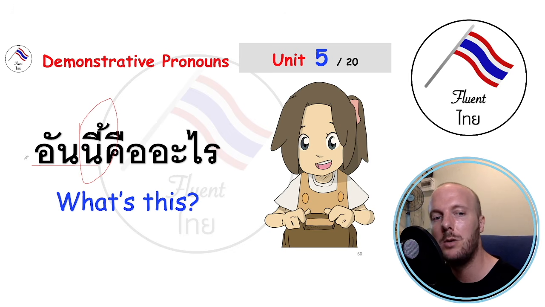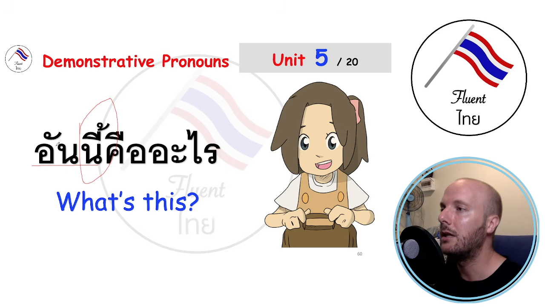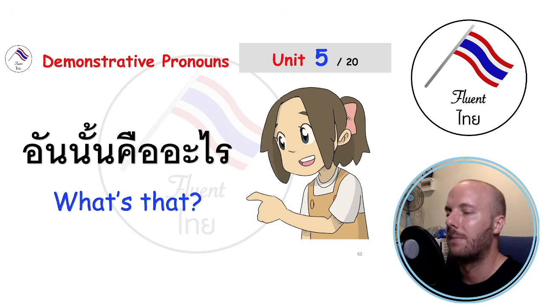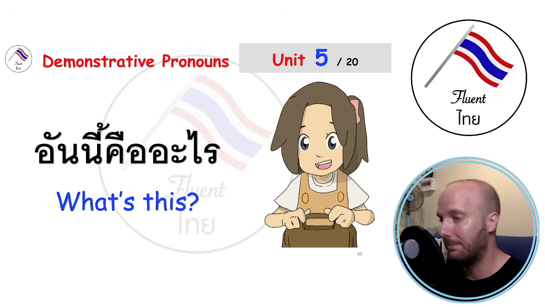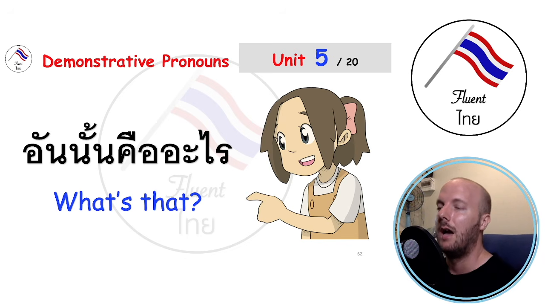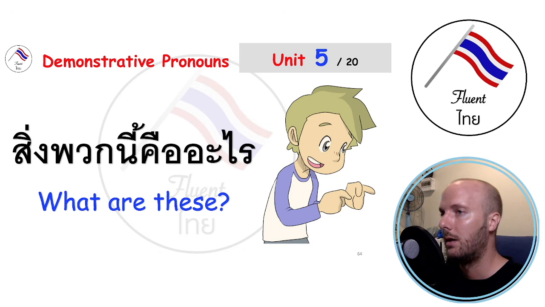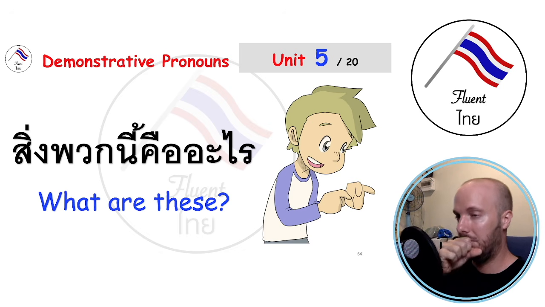So we're using the classifier an, which is just representing a singular item. It's a very generic classifier. So the way that we would change this is we just change the word ni to nan. You see that? So นี้อันนี้ becomes อันนั้น and to make the plural we would use สิ่งพวกนี้